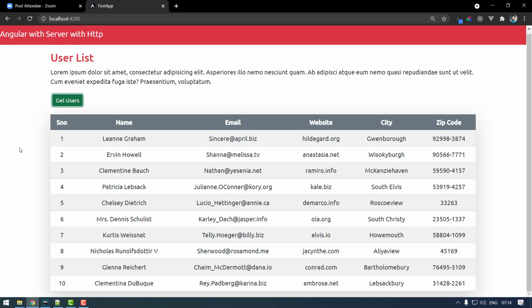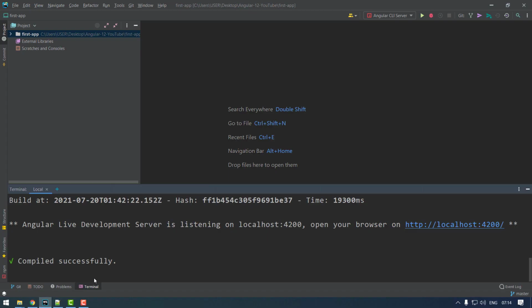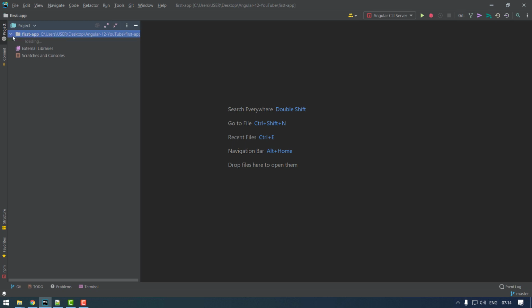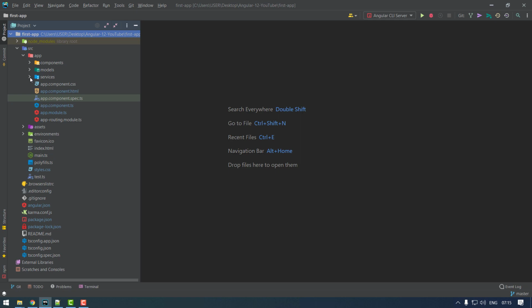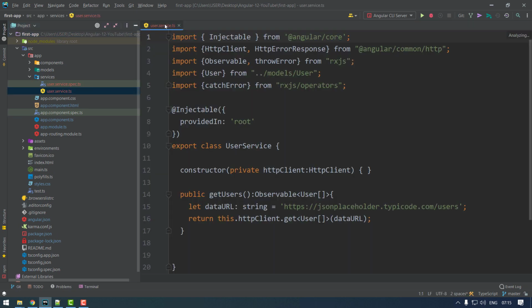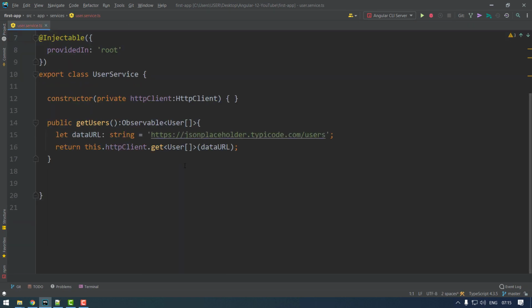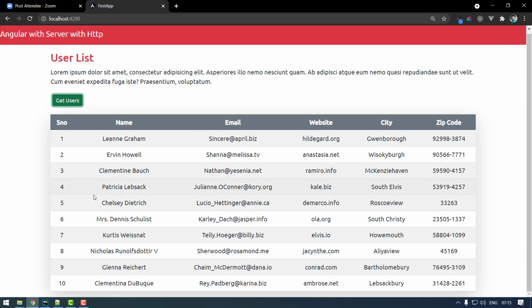For example, if you see the source code, we are fetching data from the service. I'm going to fetch data from this particular URL, and when you send a request to it, you get this data and it's printed on the screen here.